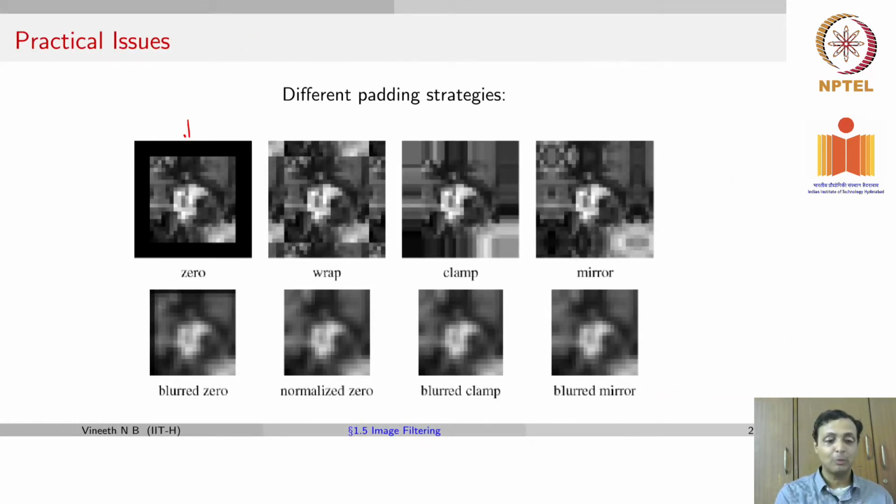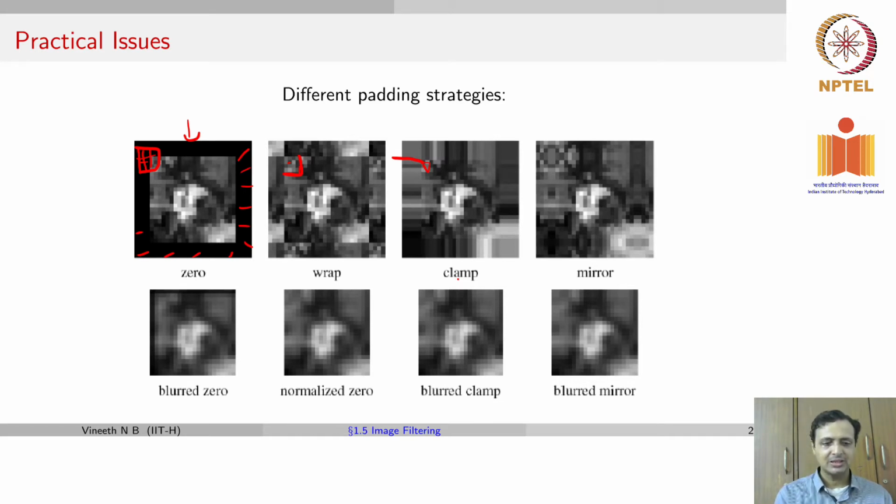So you can do what is known as zero padding, where you simply pad beyond your image with black pixels. So now you can place your filter at that corner location. You simply will have black values for the filter coefficients that go outside the image. You can wrap your image. So if this was 2 pixels, you simply just wrap those 2 pixels towards the other end. You can clamp the values, which means whatever value you have at the last position there, you just continue with the same values outside the image. You can mirror those values at the edges, so on and so forth.